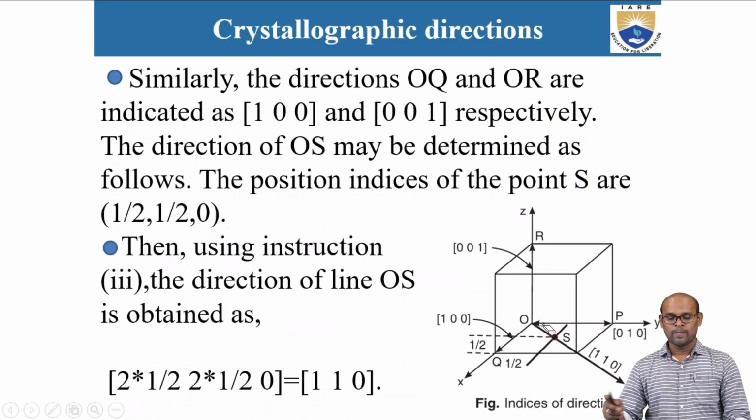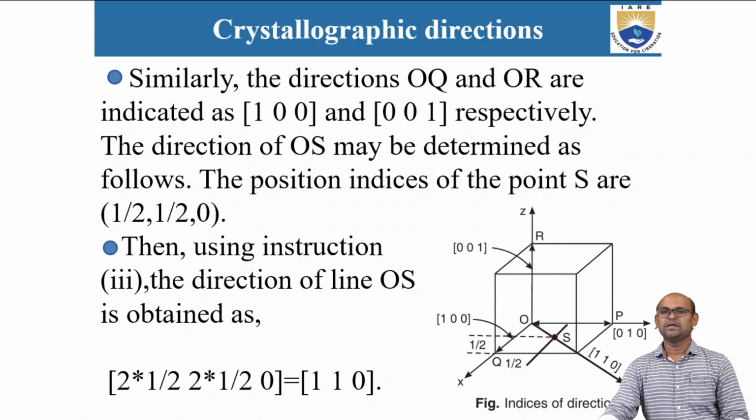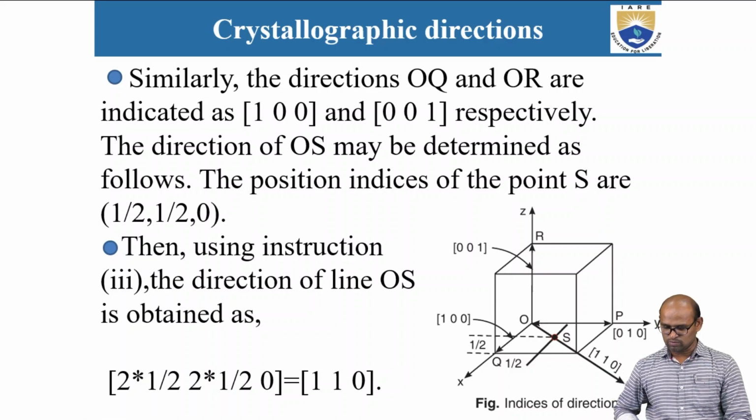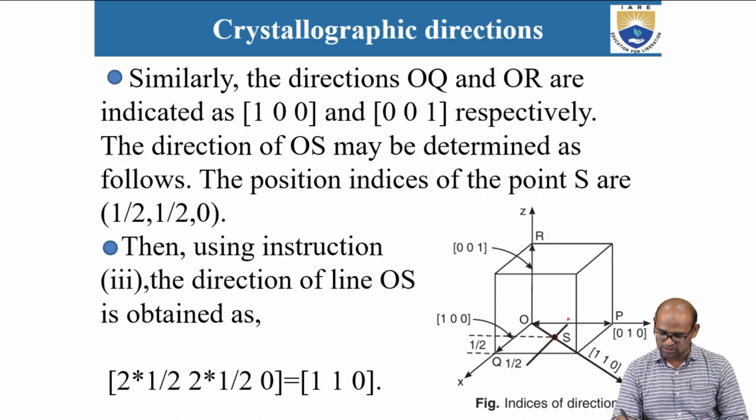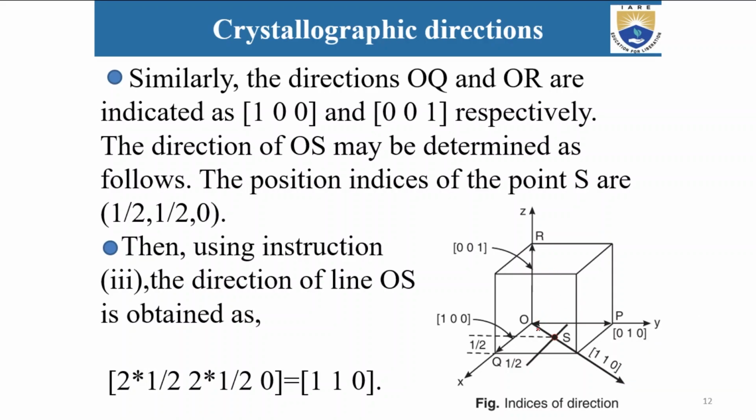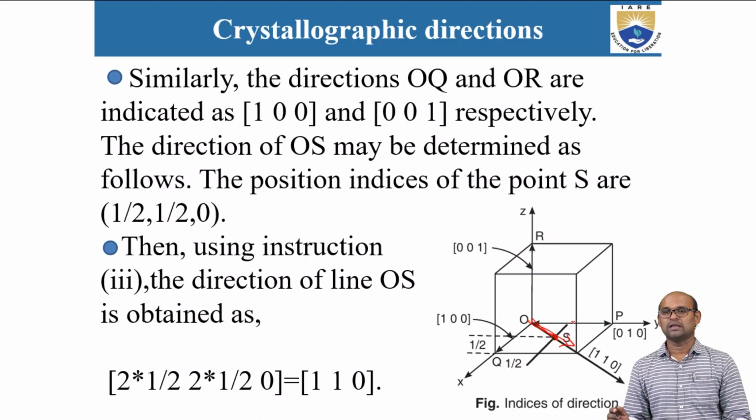Okay, the direction of OS may be determined as follows. Okay, there is one more. So this is what we want. So we have looked at these three: OP, OR, and OQ. Now we want to calculate OS. So this direction we want to calculate. So how to calculate the direction of OS? The direction of OS may be determined. Okay, so the positions of indices of the point S are